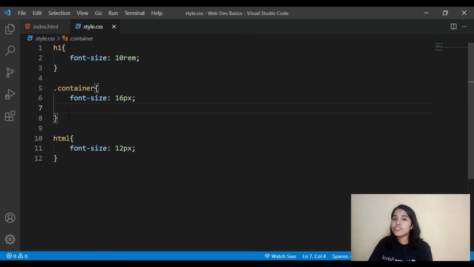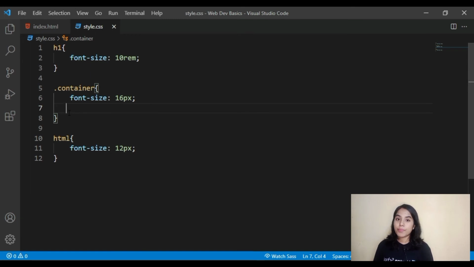And why is em used? Whenever you want to increase the size by 10% relative to your parent, at that time em is used. And don't worry, sometimes you might get confused. Oh my god, I was understanding how to use pixels, and now you told about em and rem, vh, vw and all of these things. What are these? Don't worry, with time you will understand everything. Once you do like 2 to 4 projects, you will understand when to use which unit.